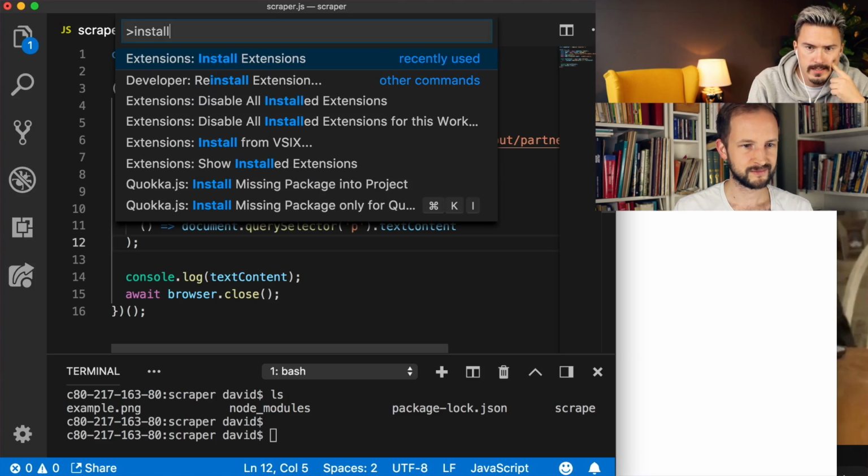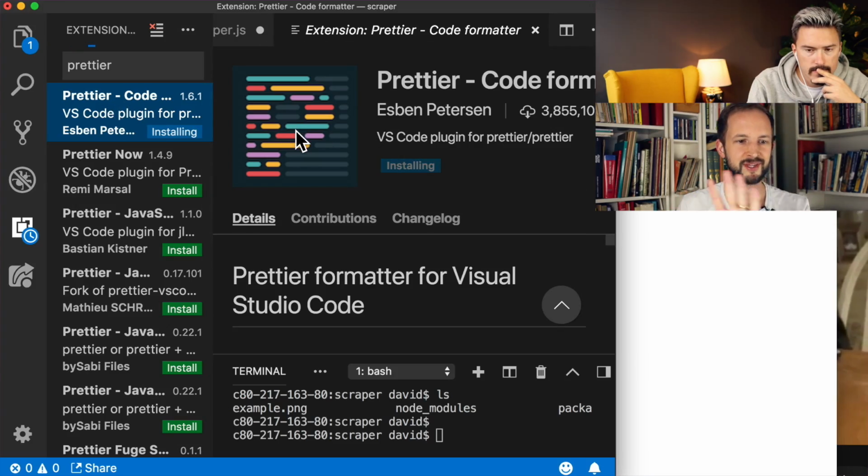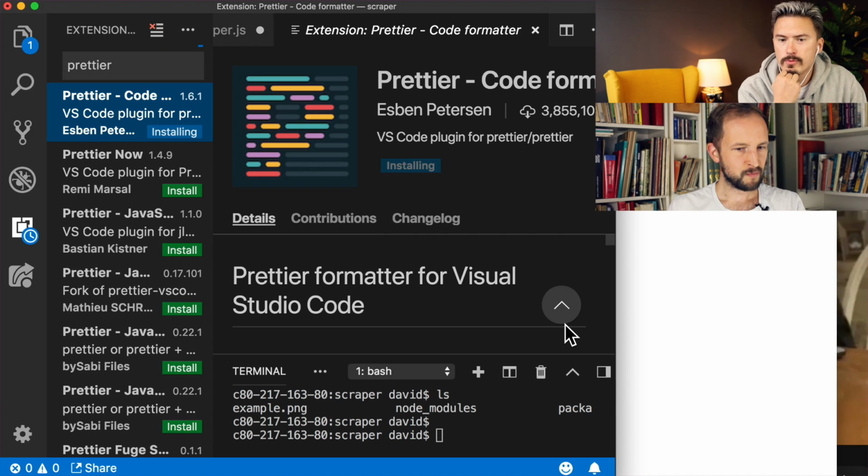Okay, let's just do that. How do I do that? Yes, with the P command? Yeah, exactly. Install extensions. And then Prettier. Many people have suggested many beautifiers and prettifiers. I will just do the first one here, install. I don't know what that is. Is this correct? Yeah, it is the beautifier for JavaScript now. It's pretty cool that the community has actually decided on one. The entire JavaScript community in the world is basically converging on one prettifier and one style, which is